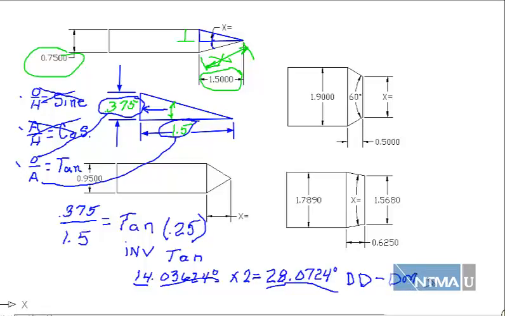Look on your calculator. You should find it. You should be able to see a DD-DMS key. When you do that, it's going to convert this to about 28 degrees, 4 minutes, and like 21 seconds, something like that. So you're going to come up with the answer here of 28 degrees, about 4 minutes,